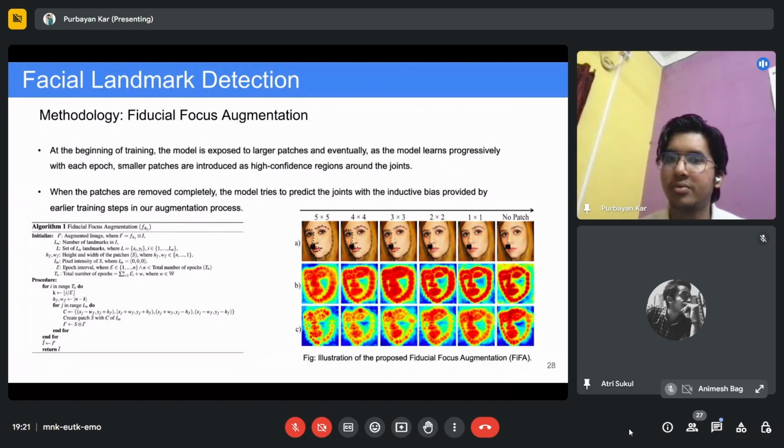But if you do this gradually, the model still knows what to focus on. So it's like drinking a cup of hot tea suddenly versus drinking a cup of hot tea by making it colder step by step. Deep learning is all about mimicking real life concepts. So that's what we have done here. I hope this answers your question.